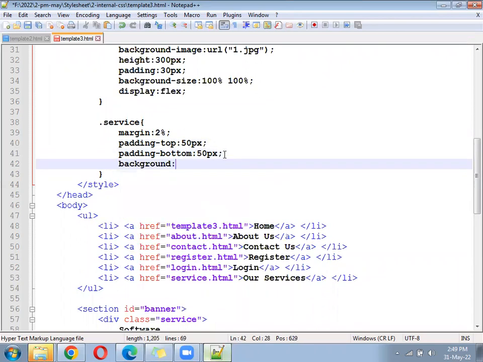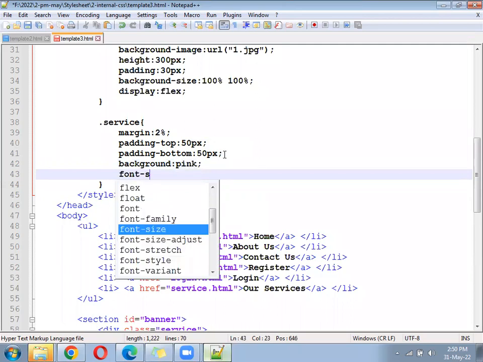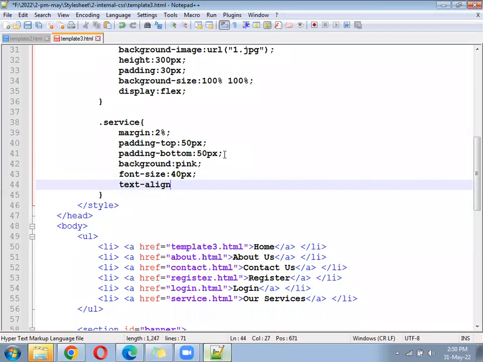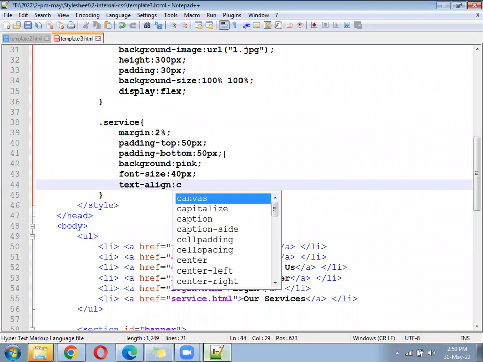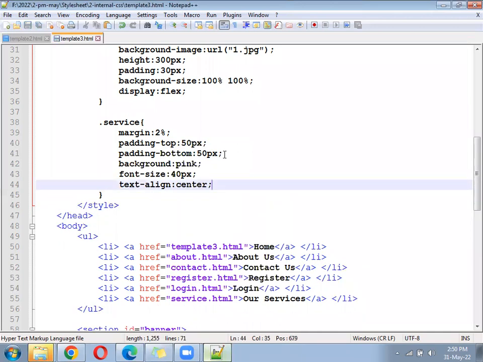Background, pink color. Font size 40px, text-align center. Here you don't have to write float left.